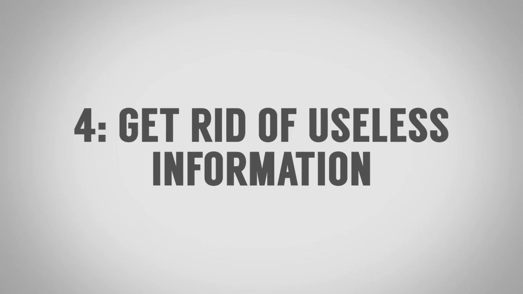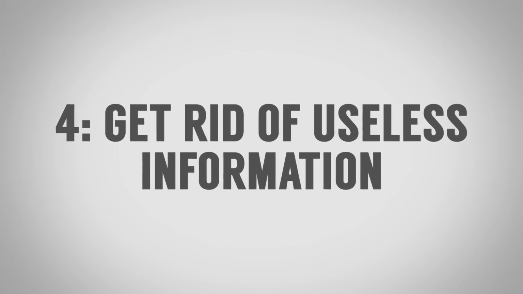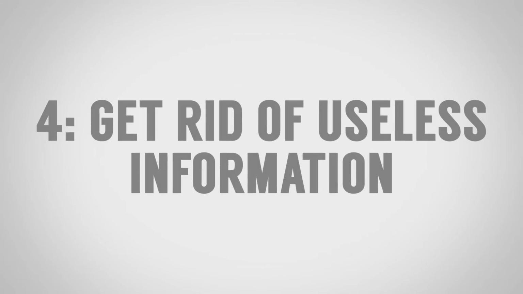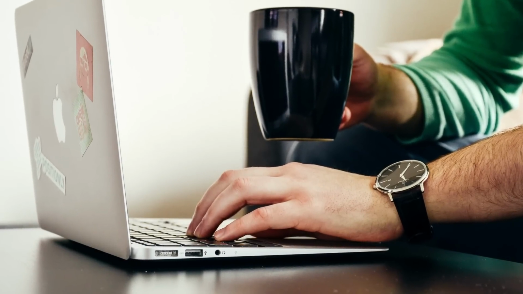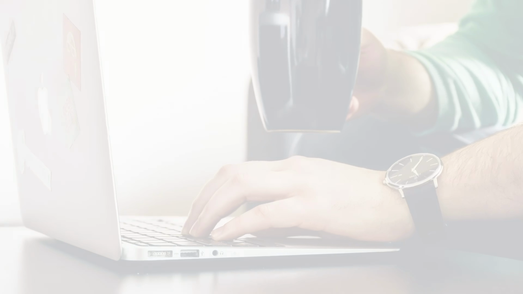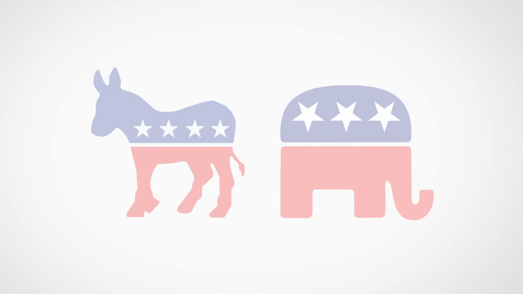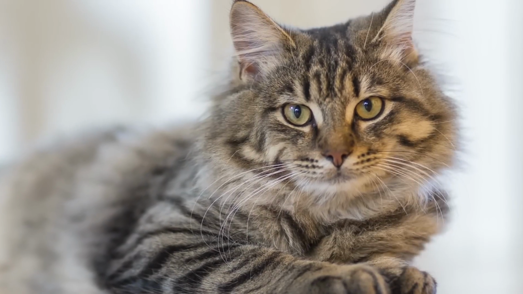Tip number four for hacking Facebook is to get rid of all that useless information. How do you get rid of the useless information? Well, first off, realize most of the information there is useless. So be selective about who you follow. Instead of unfriending people, if that was too extreme for you, you can go back and you can unfollow. I usually go through, and if I don't like what a person's posting, because maybe they're ultra political, maybe they post a lot about cats, maybe they post a lot about just something that they're passionate about, but honestly, I don't care about, I simply unfollow them.